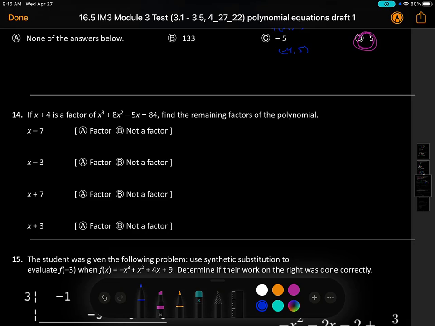If x plus 4 is a factor, find the remaining factors of the polynomial. Okay, so it's telling us that it is a factor. That means the remainder is 0. This is certain, they're kind of telling us an answer. So I'm just going to use, okay, pay attention now. If this is a factor, I want to turn it into a 0 by setting it equal to 0. And therefore I get x equals negative 4. And I want that negative 4 so I can start my